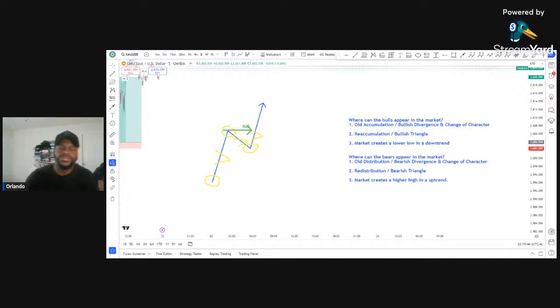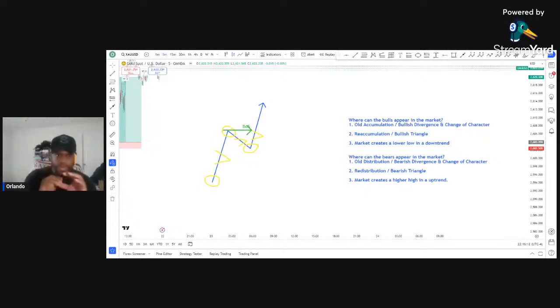Now a bullish break of structure has happened. Who has to come in the market after a bullish break of structure has happened? The bulls or the bears? Absolutely, the sellers have to come in the market, because